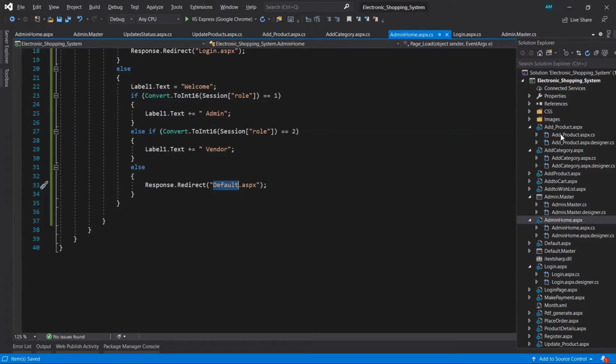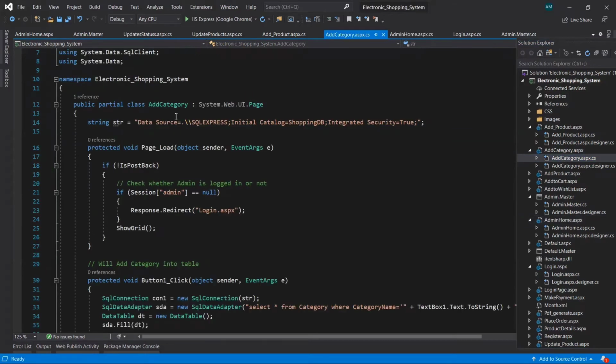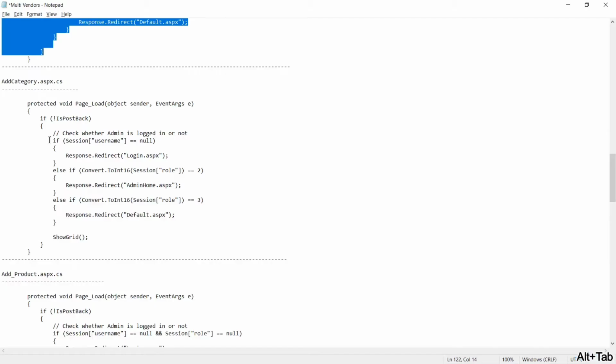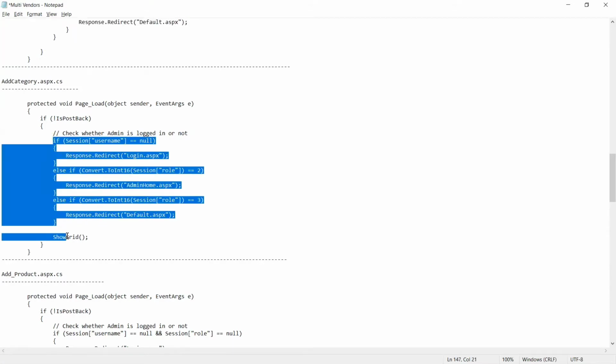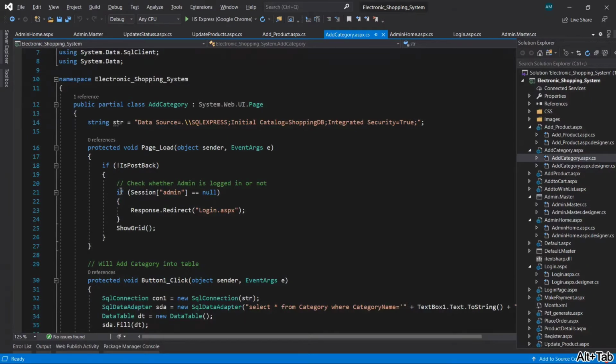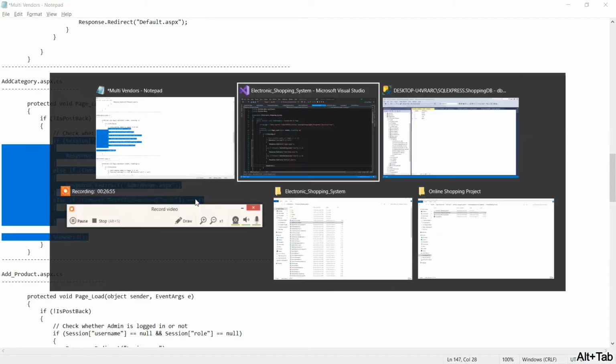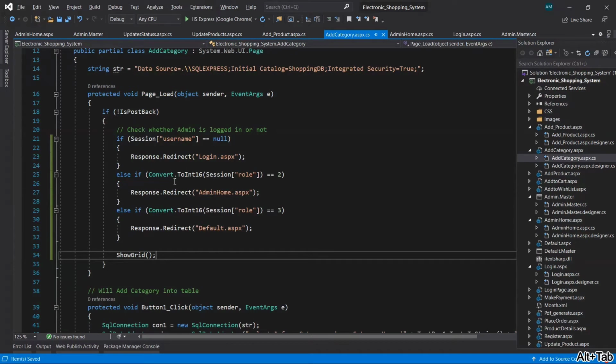Now go to the add category page. Let's see what changes I have made here.